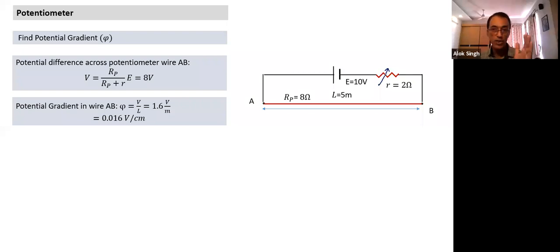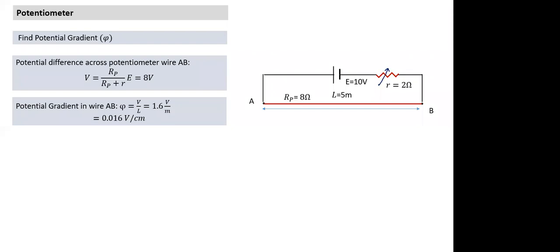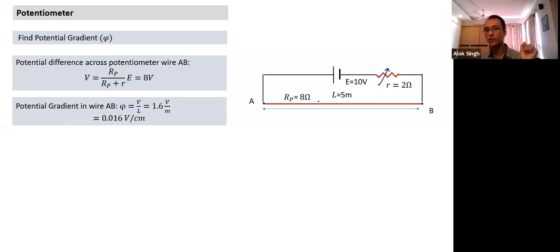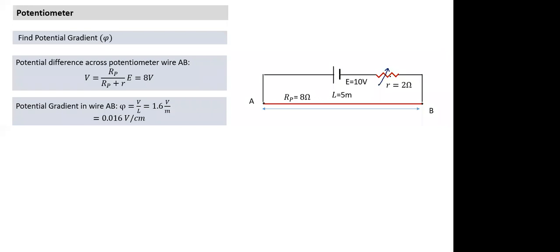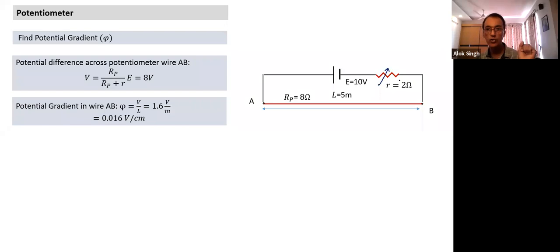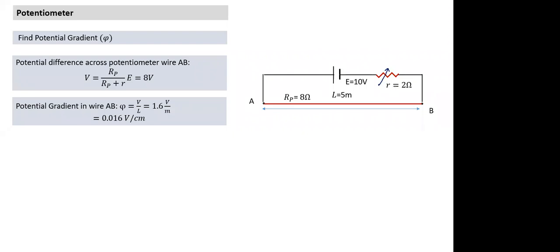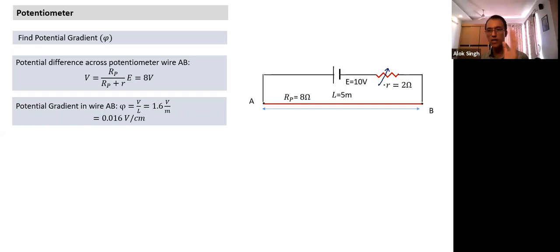But later on, if I wish to change the potential gradient, can I change it? What are the ways I can change the potential gradient for a given potentiometer? You can change the battery or the resistance. If it is a variable resistance like a rheostat, I don't have to change the resistor. I just have to shift the position of the contact point in the rheostat. That's what we call a variable resistance. Akash, are you clear? Yes, sir. For a given setting, once I set it up, it remains constant until I change it. So here it is given as a constant value. This is true, and if I change it, it will change.